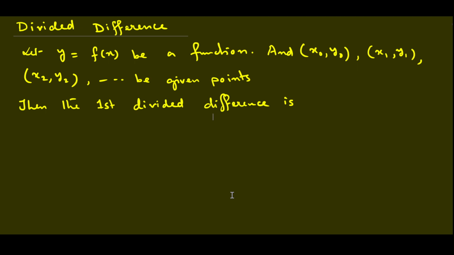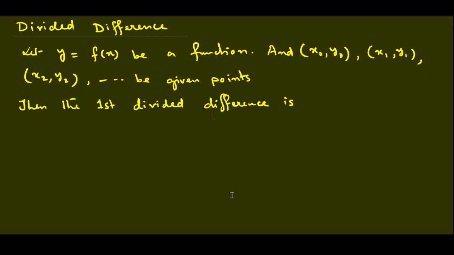Also, in the Lagrange formula, we have a drawback. Suppose we are using the Lagrange interpolation formula for one particular value, but if we want to insert another value, then we have to recalculate the whole procedure. But in divided difference, it is not like that. If we want to insert another number, it is easily possible. We just have to add one more term.